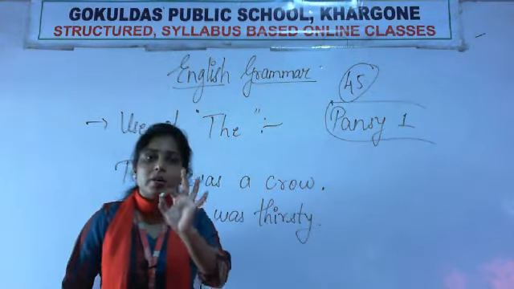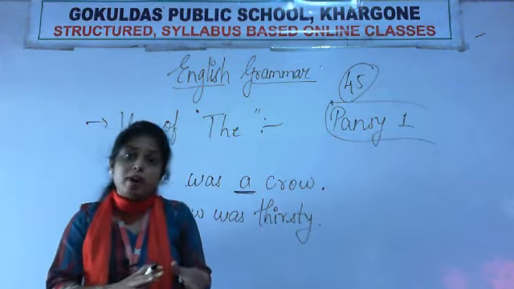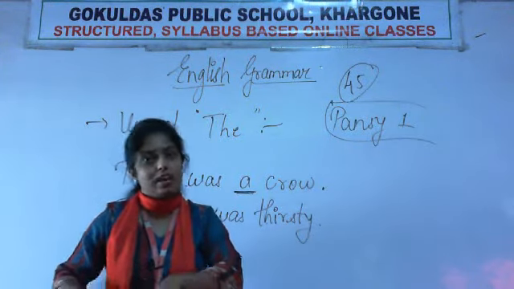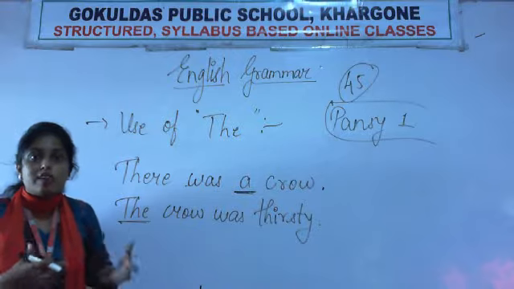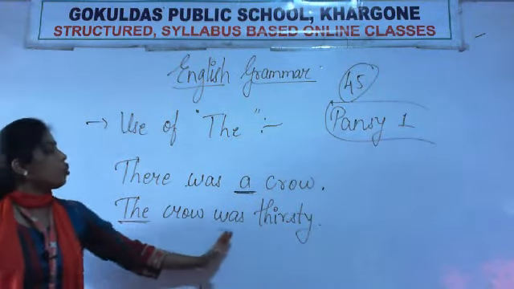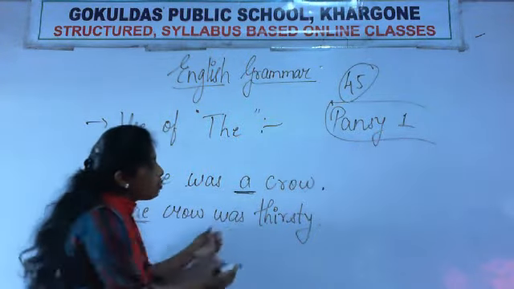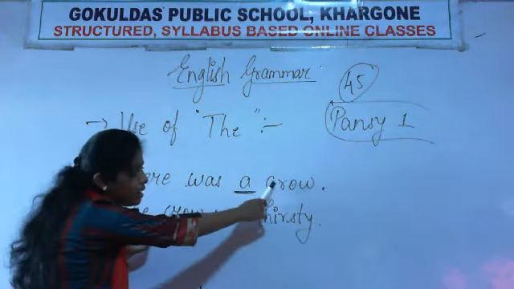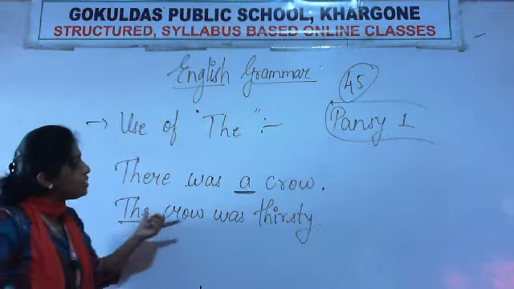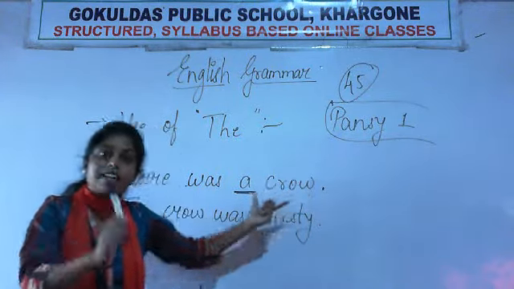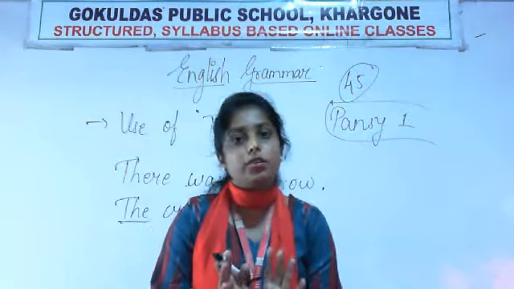Why? Because जब भी हम किसी भी चीज के बारे में पहली बार बात कर रहे होते हैं हम a या an यूज करते हैं. बट जब हम किसी भी चीज के बारे में दूसरी बार या तीसरी बार या एक बार बात हो गई, बस उसके बाद we will use the with that thing. Okay, now because we are now familiar with this thing. We will not write a crow was thirsty, क्योंकि अब इधर that particularity. Here we were talking about some crow. Here we are talking about the same crow, right? So now this crow has become particular in this sentence. कि अब हम इस sentence में इसी crow की बारे में बात कर रहे हैं. That's why you have to use the with this. Okay, that's it. This is the third use of the.